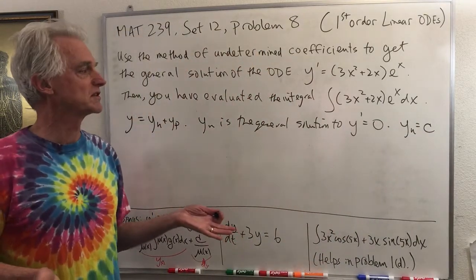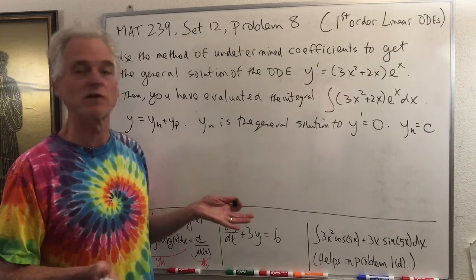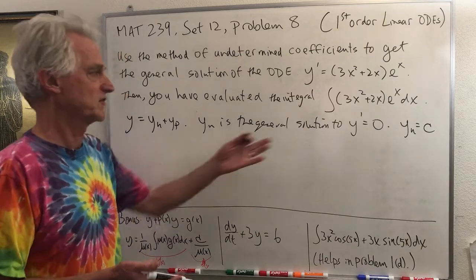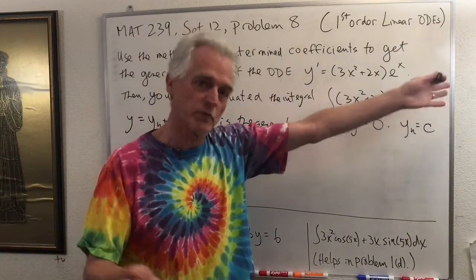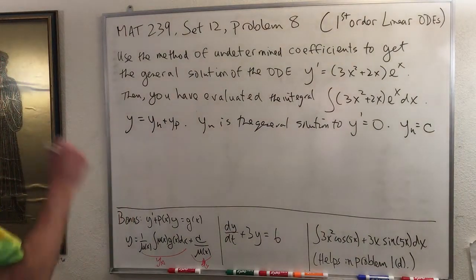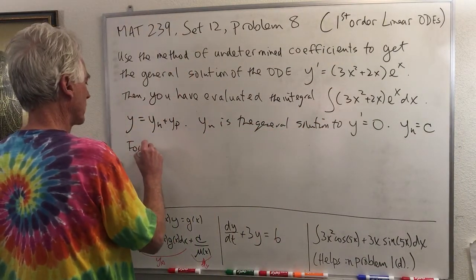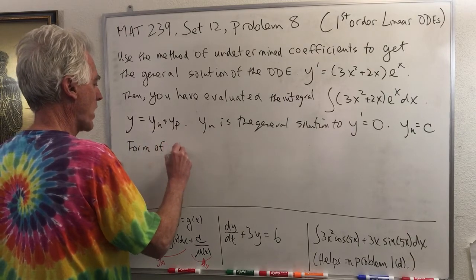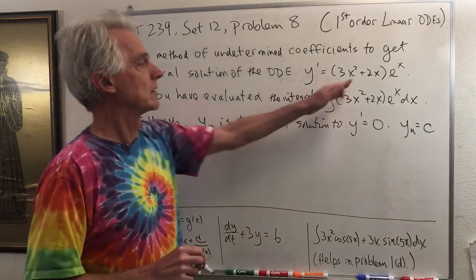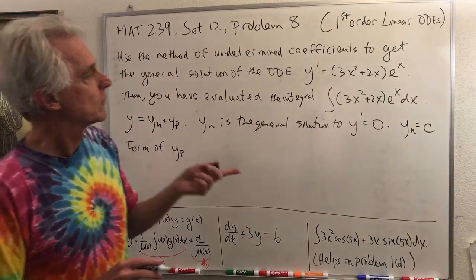The most general function whose derivative is 0 is a constant function. And that's, of course, the plus c that we have when we do an integral. All right, so now what we want to do is find the form of yp. Okay? Well,